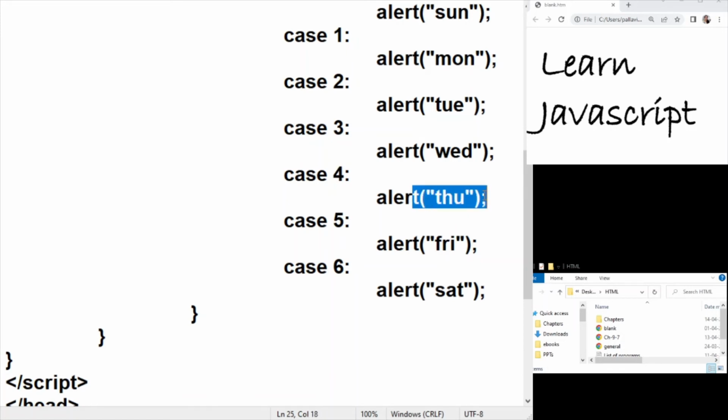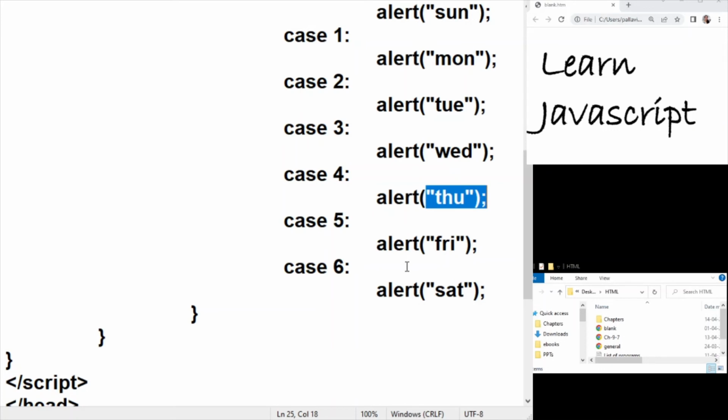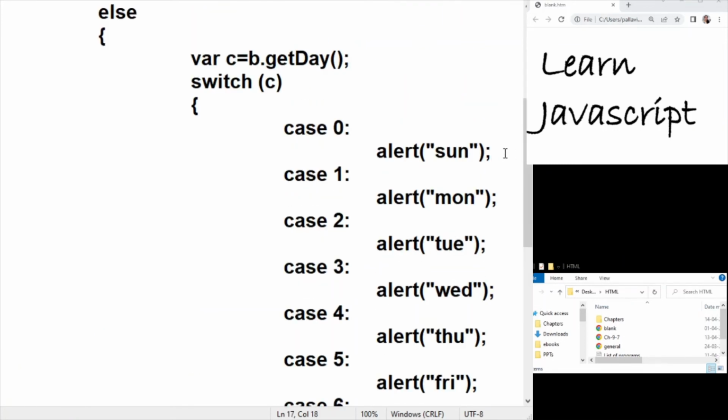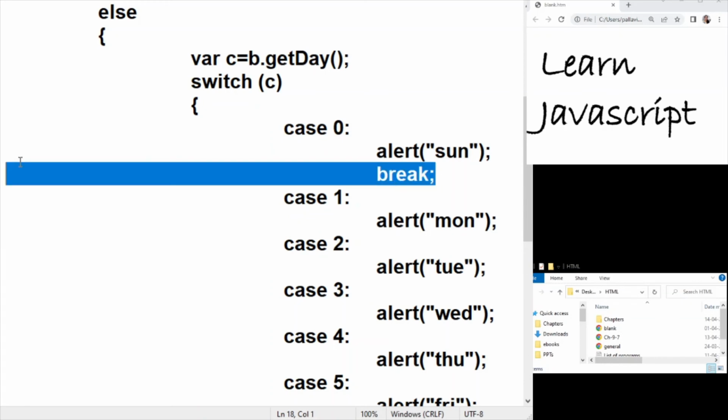And then because the break statement is missing, irrespective of the values of the cases, it is going to fall over into the rest of the statements in the other cases as well. So if you enter 14th of April, you're going to get the output as Thursday, Friday, and Saturday, which is wrong. So just to make sure that it does not fall over into the next case, we're going to put in the break statement after every